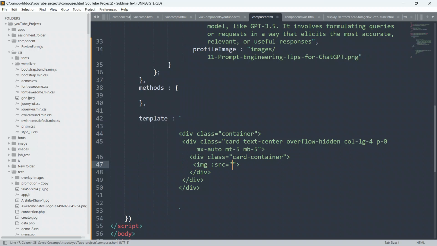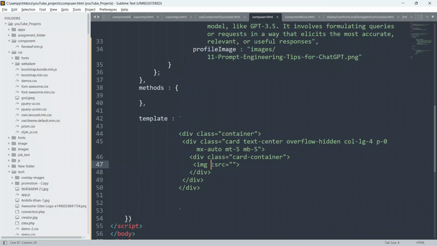So guys, by now you all know that in order to display images inside our Vue.js, we have to use v-bind. And guys, the colon is the shorthand for v-bind. Because we use v-bind to bind the data to our HTML elements.